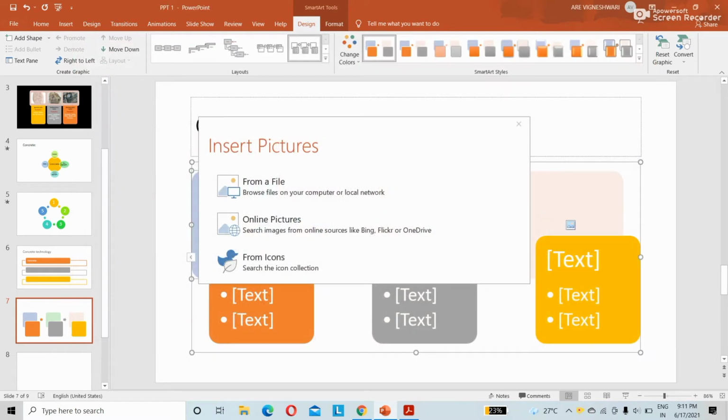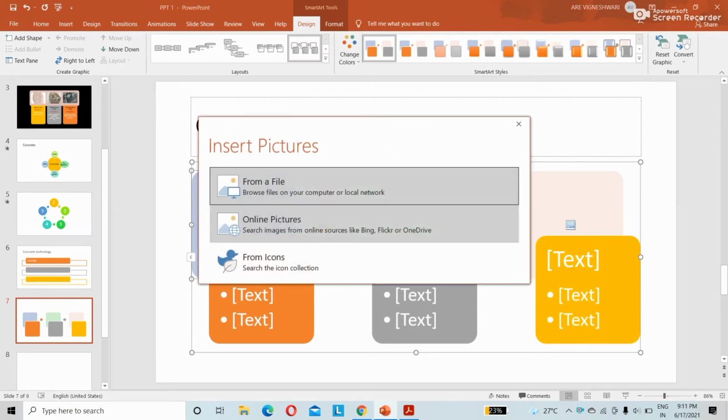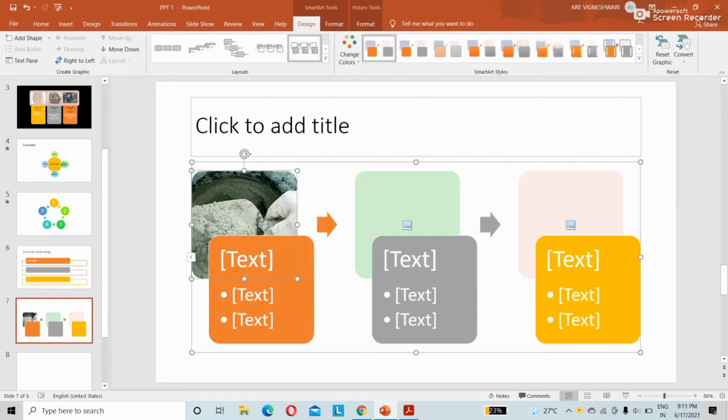Randomly I am selecting one. So that picture has come. If you want to explain anything about that, you can explain here. You can write here cement. Like that you can select any one of the pictures and write the content related to that particular picture.